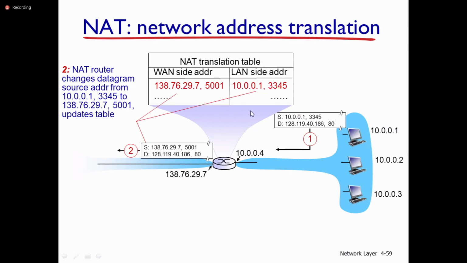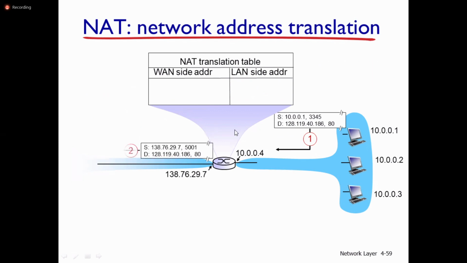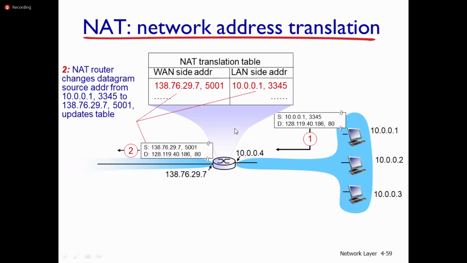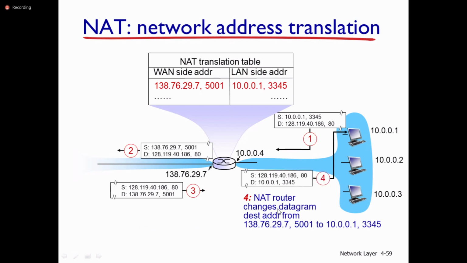First is the source IP address and the datagram going to the destination. In the second step, the source IP address is replaced by the NAT IP address and the port number is replaced by a new port number. So this is about the outgoing datagrams. For incoming datagrams, a reply arrives with destination address 138.76.29.7:5001. Here the NAT router changes the datagram destination address. You can look at here.